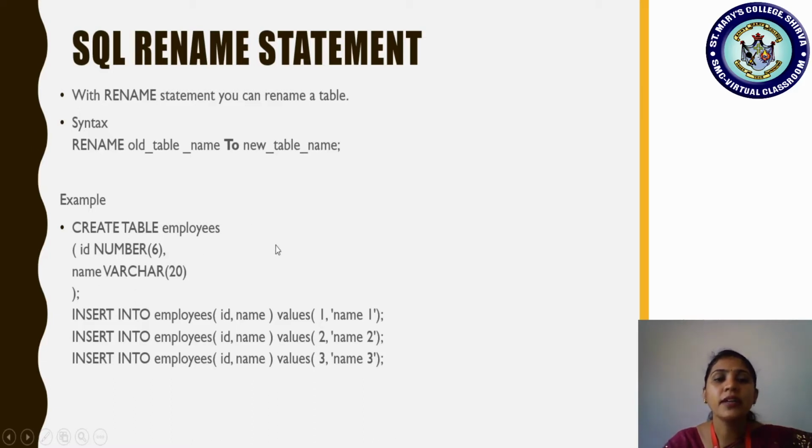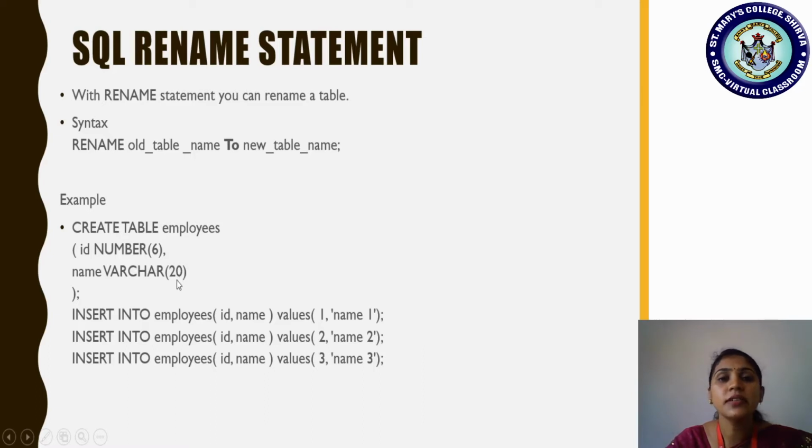We have created a table with the name employees. Create table is the syntax to create a new table. So create table, what is the name we have chosen? Employees. And which attributes or columns have we chosen? ID with what data type? Number. And what is the size we have taken? 6. And name with varchar, and we have maximized the size to 20 characters. So after executing this statement, we will get information. If there are no errors in the syntax, it will show table created.